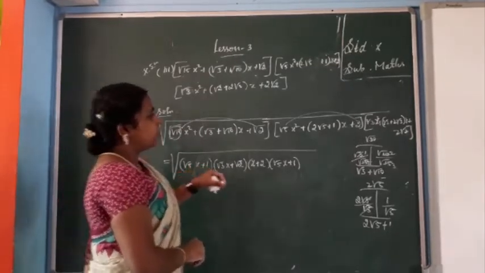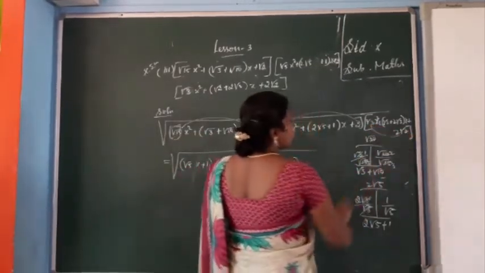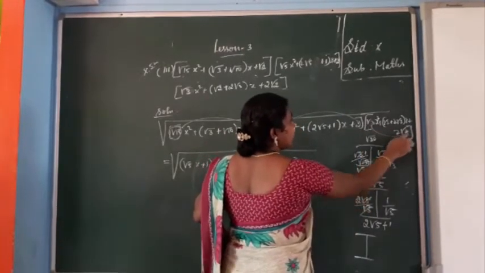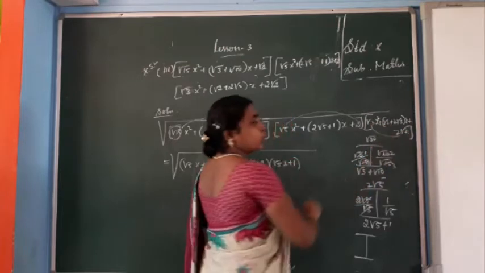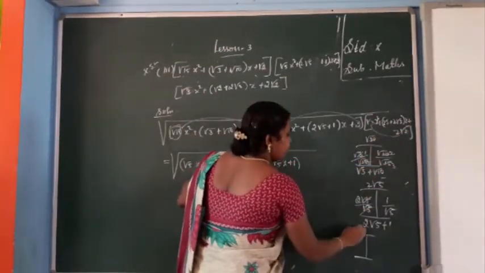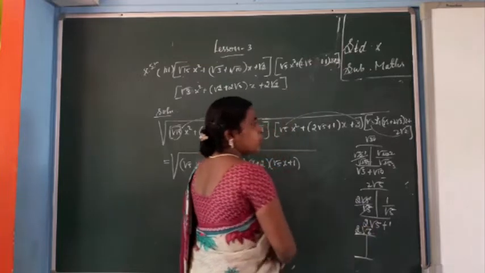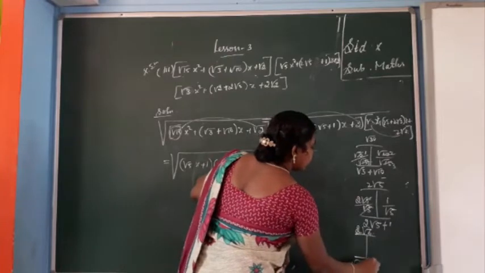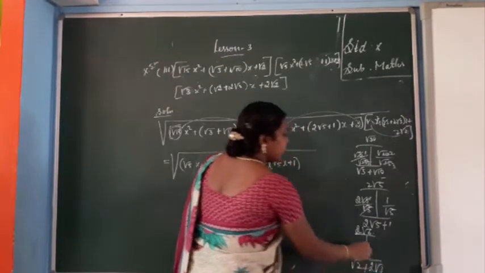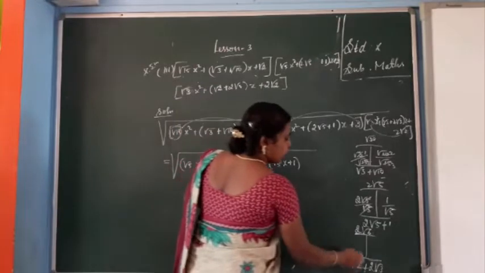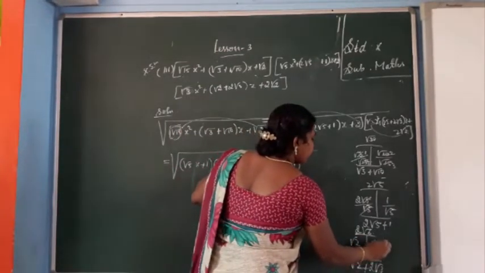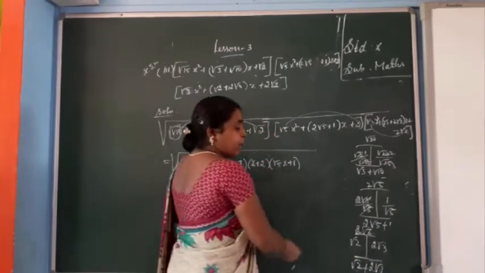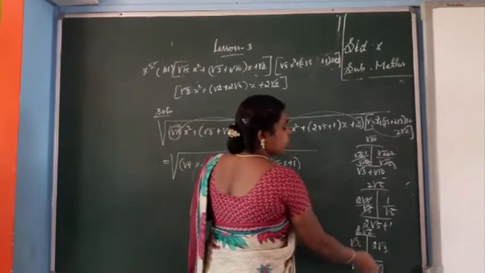Okay, that's the third one. So 3 into 2 root 2. So the product is root 3 into root 2, both are in root, so root 6. Outside one number, so 2 root 6. Product is 2 root 6. Sum is root 2 plus 2 root 3. Here also split them: root 2 here, 2 root 3 here. Now you multiply root 2 into root 3, root 6, 2 root 6. Okay. Addition is the same value, root 2 plus 2 root 3.